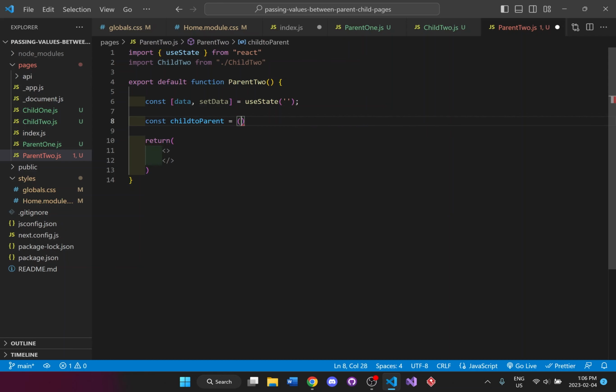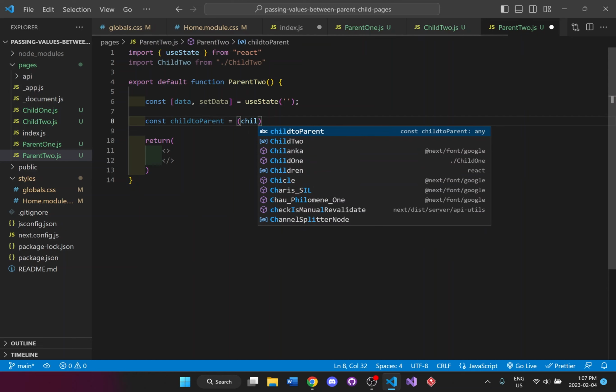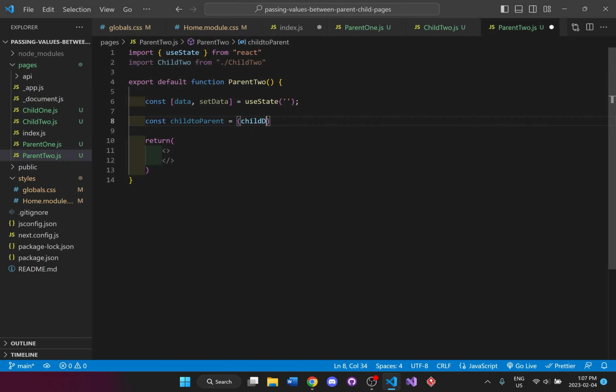And what it's going to do is it's going to grab the child data. And if there's child data, it's going to set the data to the child data. And make sure the use state is imported at the top there.